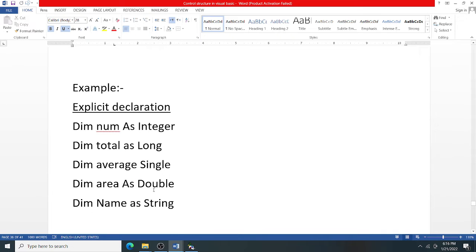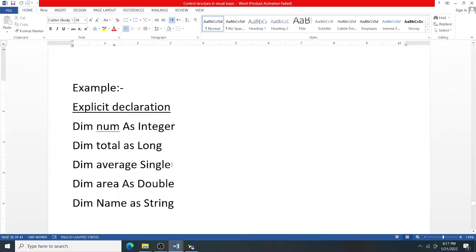For explicit declaration, first you use the Dim keyword, after that the name of the variable, then the As keyword, and next the data type. Some numeric data types you should know. First is the Integer data type, which occupies 2 bytes of space. Then Long occupies 4 bytes of space. Single is the same as the float data type in C, C++, or Java, where you can enter decimal point values; it is 4 bytes. The Double data type occupies 8 bytes of space, and then there is the String data type.